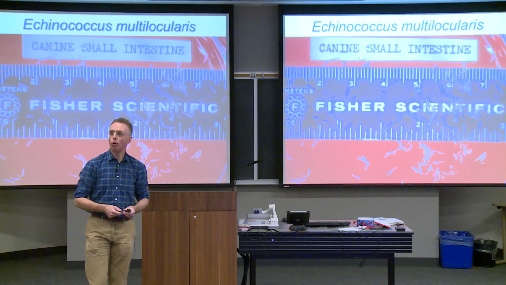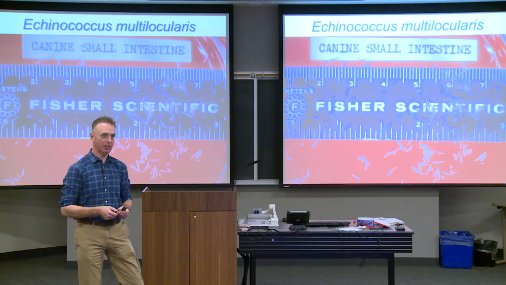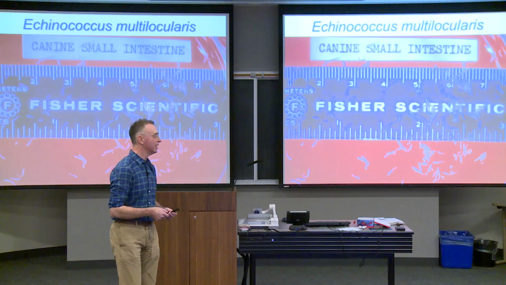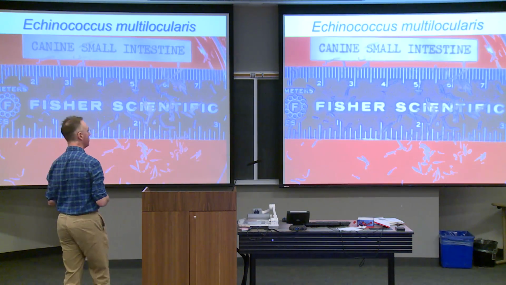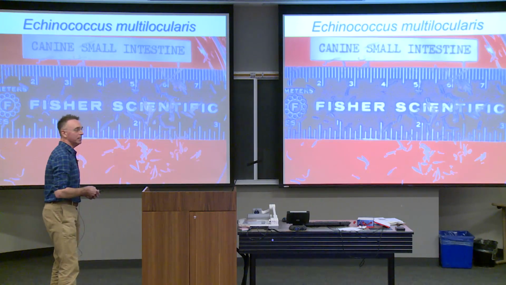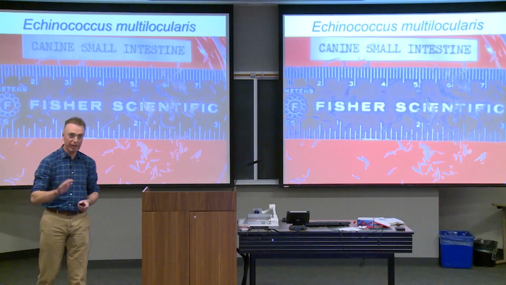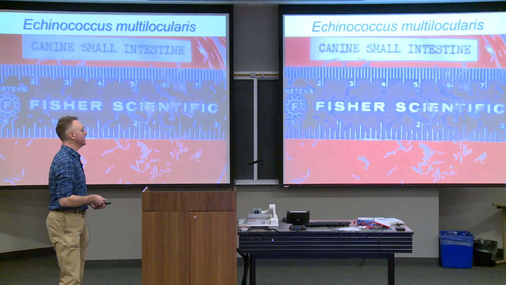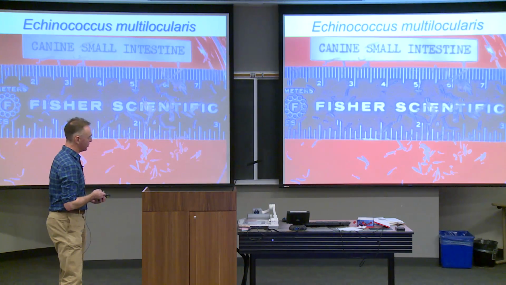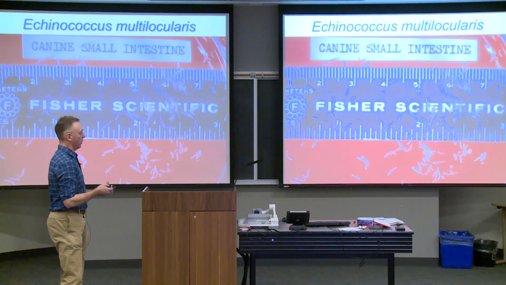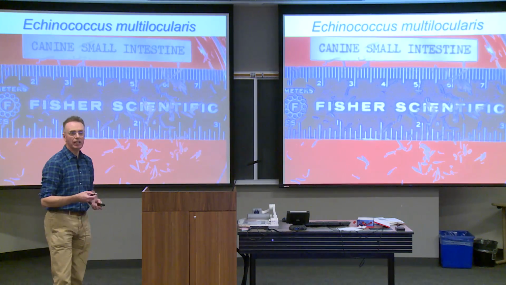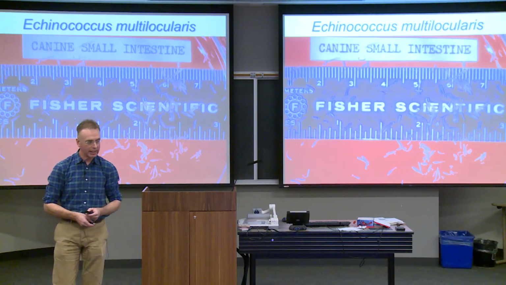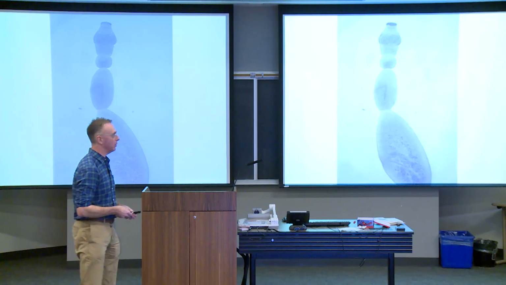So, firstly, what is Echinococcus multilocularis? It's a tiny little parasite, a tiny little tapeworm, in fact, that lives in the small intestine of both domestic dogs and particularly wild canids. These are the contents of the small intestine of a dog. The contents have been cleaned out significantly. You can see these structures, they're tiny. They're no more than a few millimeters in length,